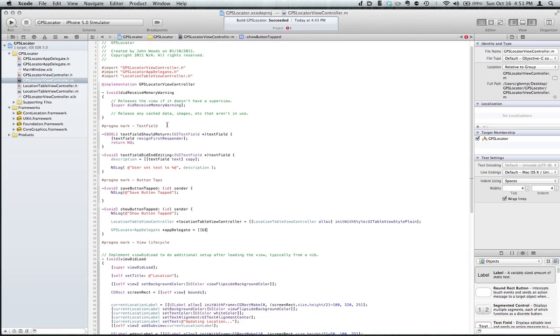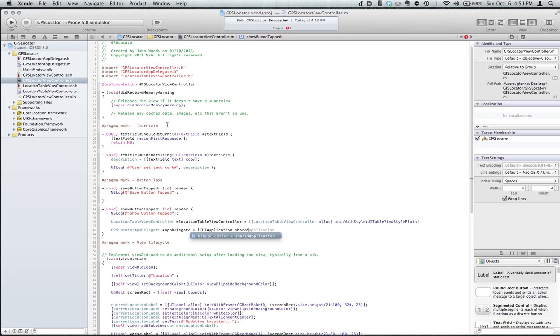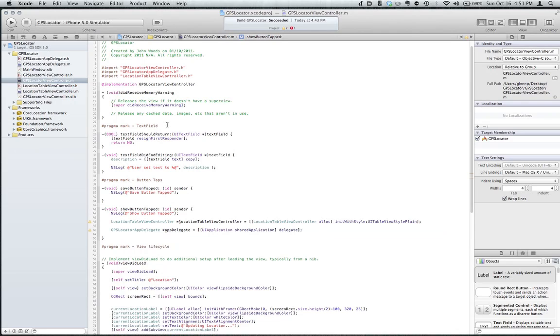And we do that by saying UIApplication. Remember, it's the delegate against the application, so we'll get the application first, and then we get the delegate that's contained within it. Now, all we need to do is say to the app delegate, we want your navigation controller, and we want to push our new location table view controller onto the navigation controller. And yes, we want that to be animated. And that's it. If we run this,